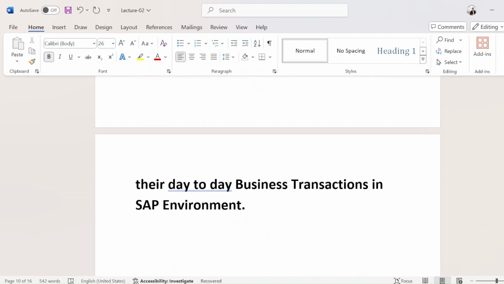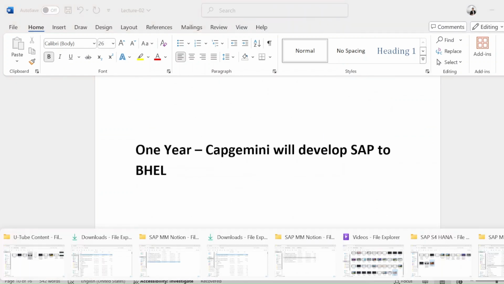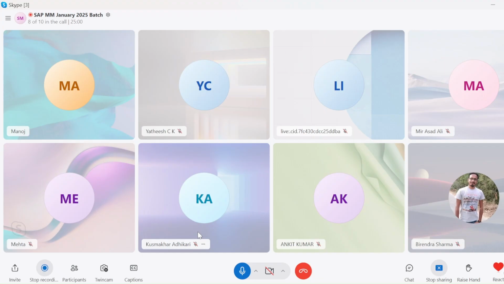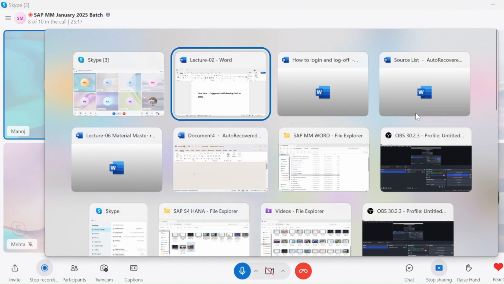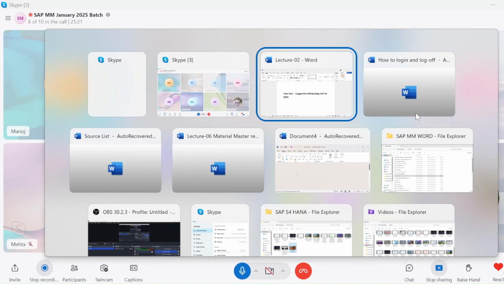And what is a rollout project? Until now, is that clear or not? E2E implementation and support, is that clear or not? Yes or no, guys? Yes, sir. Yes, sir. Okay, so everyone, until now it's clear. Are you at the same pace? Yes or no? There is just a quick question.